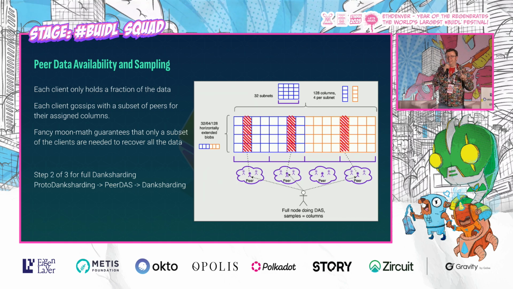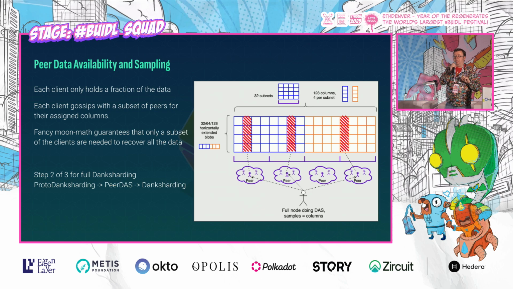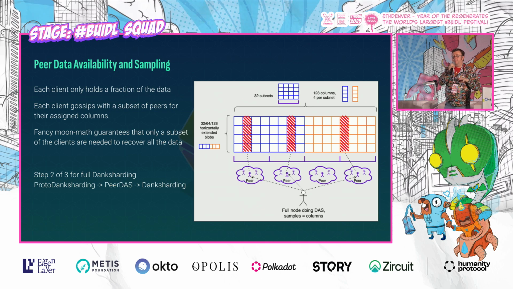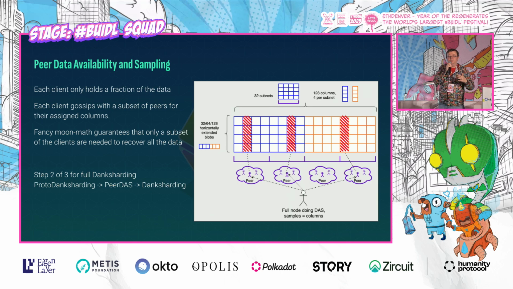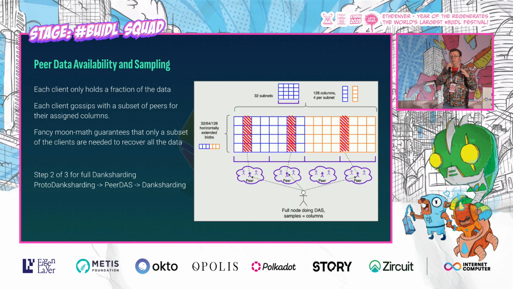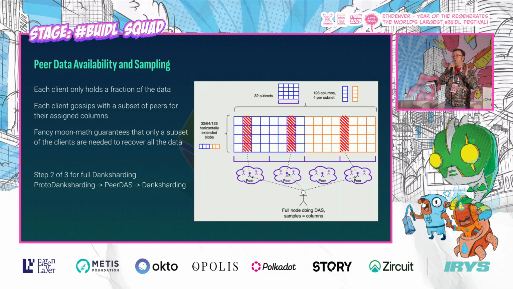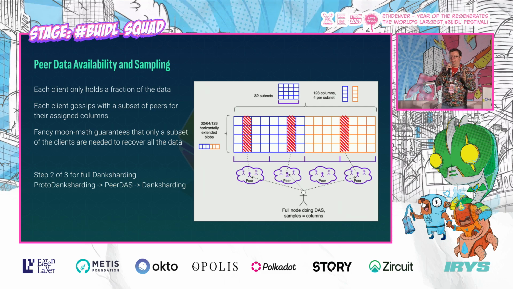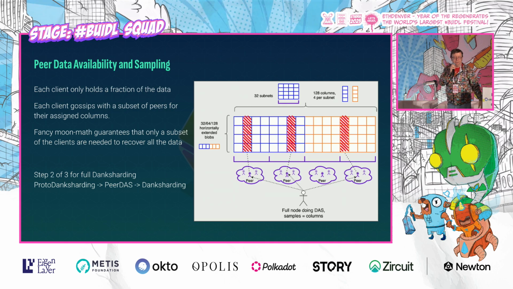Now, one of the things to note is that this is not the final evolution of blobs on Ethereum. This is step 2. The third step, full Danksharding, these columns, they become simple squares. So it's 2-dimensional, and the number that I've heard thrown around, I don't know if they're going to be able to achieve this, but this is the goal they're going for, 256 blobs per block. That's a lot of data. I didn't even do the math for that. I mean, I might need more than terabytes to track that.